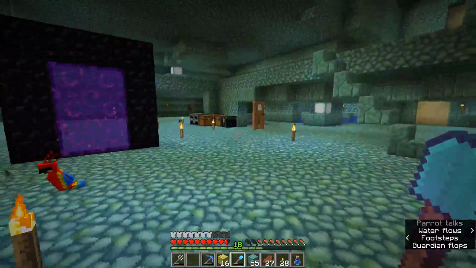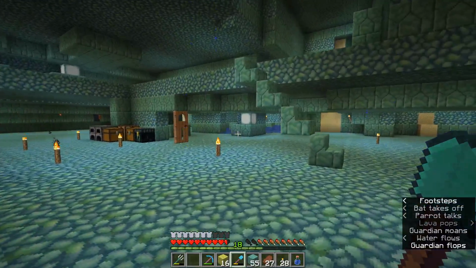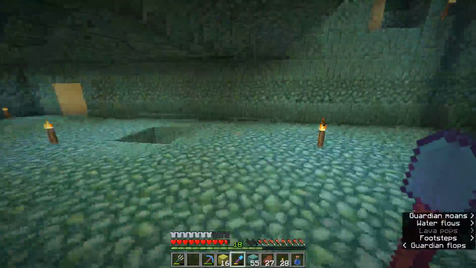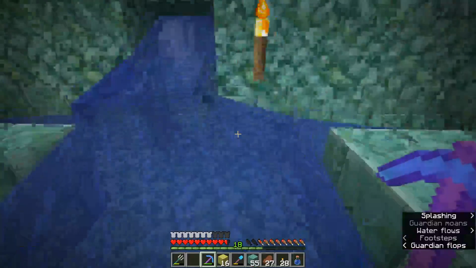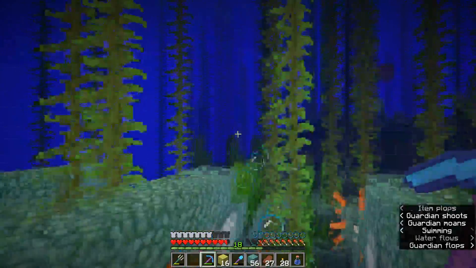One of the things I do want to do, and maybe next time, is go back to the other ocean monument and get those sponges. Because if I do want to make this into a usable XP farm, I will have to do a lot more clearing out. Let's see if I can break through. I'll just go out. Yeah. What I would need to do is